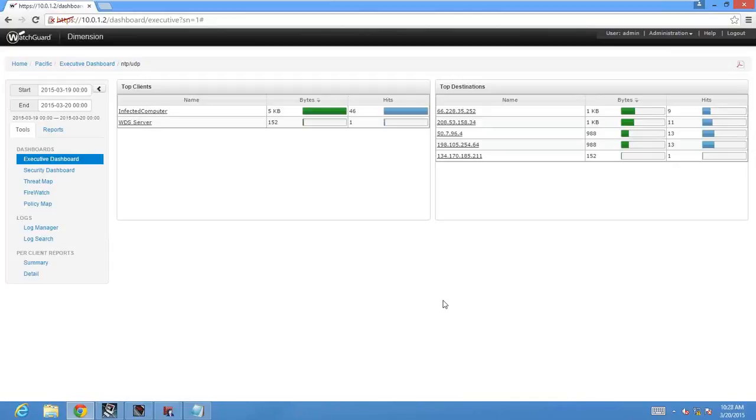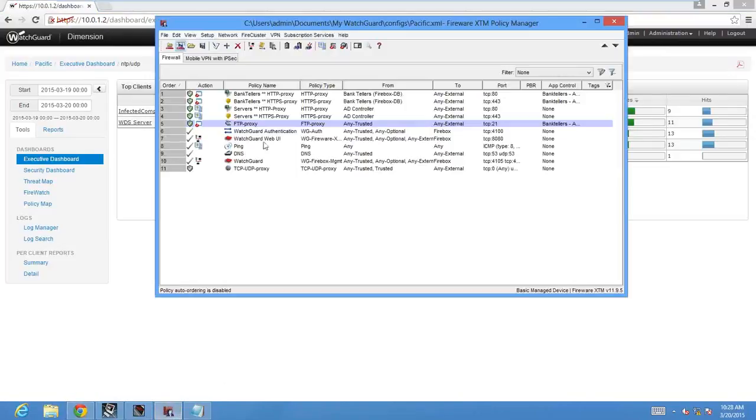So as we look at NTP, for instance, the WDS server, it's not that concerning to see that. That's reaching out probably to Microsoft or to NTP pool. But what is alarming on this is my top infected computers. So again, this is allowed traffic out. And as we look at those policies,